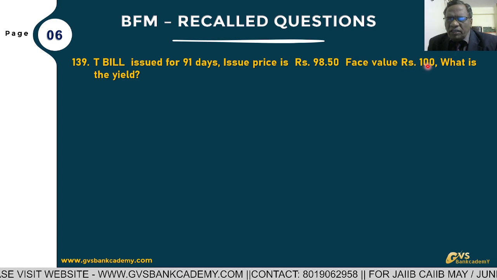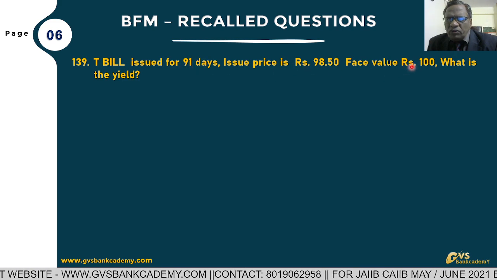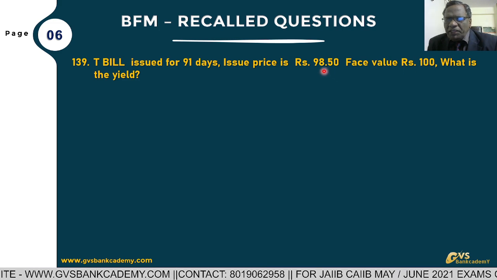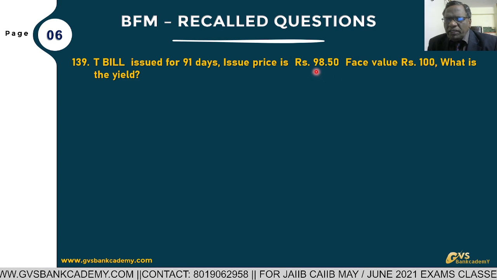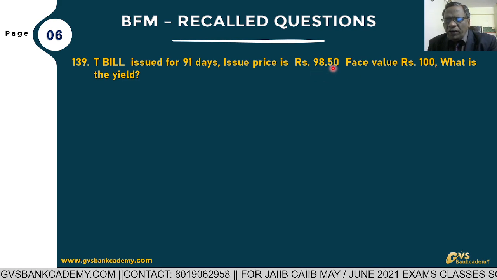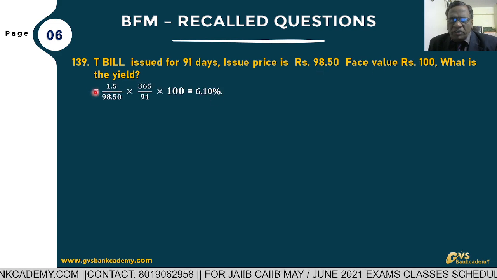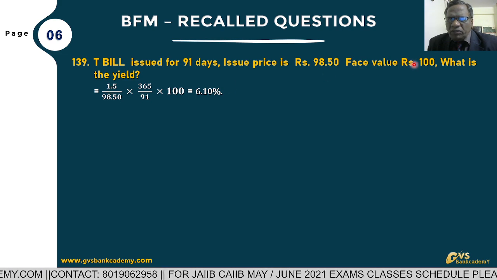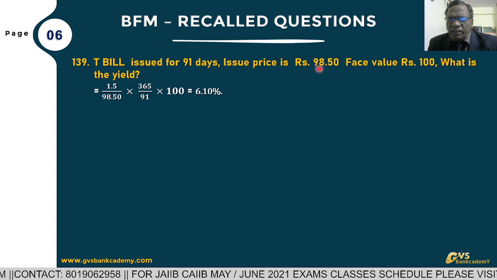The face value is 100. On maturity, after 91 days, the investor is going to get 100 rupees. The investment is 98.50, and after 91 days the investor gets 100. So the interest the investor is getting is 1.5 rupees: 100 minus 98.5 is 1.5. Whatever interest you are getting after maturity, 1.5 rupees, is divided by how much you had invested,